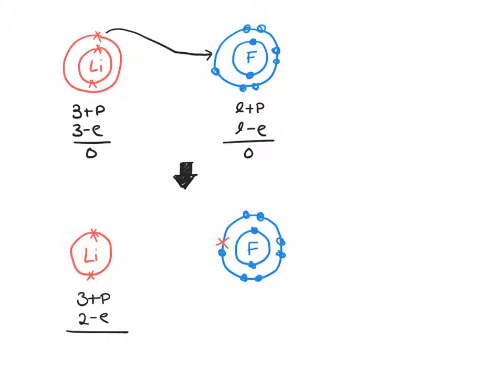Now, if these cancel out, I'll show you over on the right, we've actually got 3 positive protons and 2 negative electrons. If you have a look at how they cancel each other out, they cancel out and they cancel out, and what you've got left is just a single positive charge. So we can show that on your atom by putting it in big brackets and saying the whole thing has a charge on it, and that charge is plus. Okay, so for fluorine,